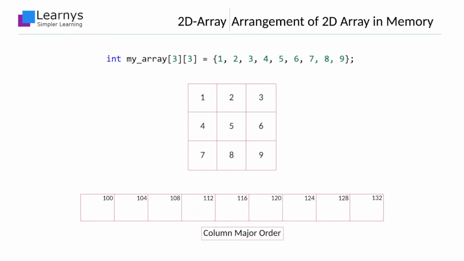The flattening can also be done column-wise, in which the elements are picked column-wise. In other words, elements of the first column are laid out first, followed by the elements of the second column, and so on. This is the column major representation of the two-dimensional array created earlier. Most of the compilers follow the row major format unless otherwise stated. Throughout our discussion, we will assume row major format.